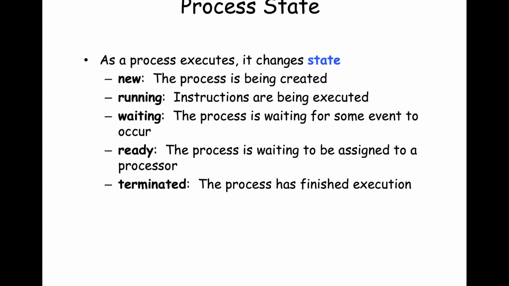Because remember, we're going to switch between processes, sharing fractional usage of the CPU's time. And if you're going to switch between them, you need to write down what a process was doing when you switched, so that you can reload that information later on and resume where the process left off. So the new state is where the process is being created. That's where it's brought into memory, and it sets up the data structure in which the executable state of that process is written down so that you can switch between processes.